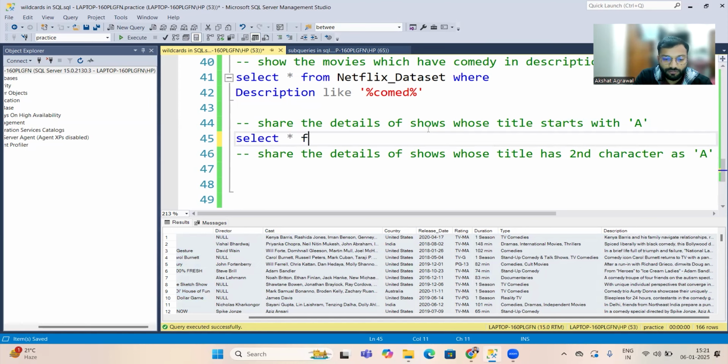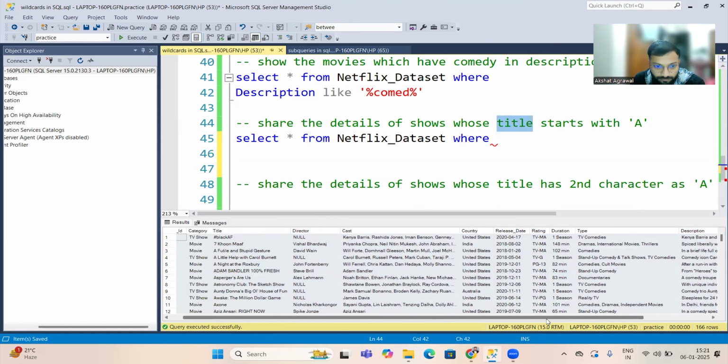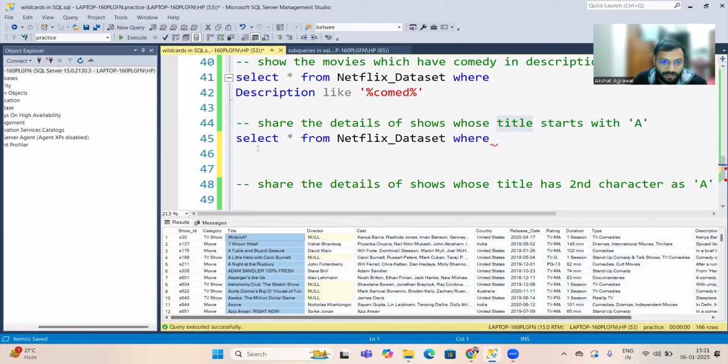Select all the records from the Netflix dataset where... Now, which column do we have to put the filter upon? Title. So title is the column. Yes, this is the third column. So where title like, inside single quotes, because they are varchar